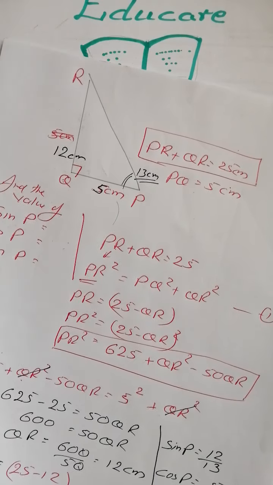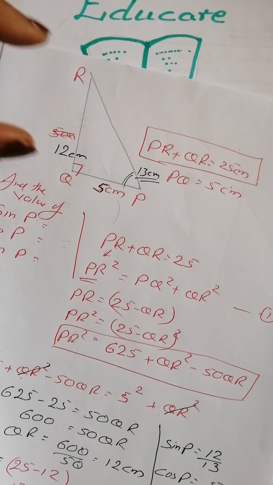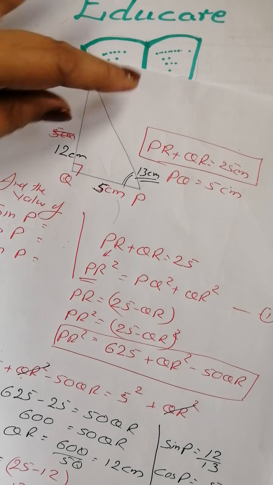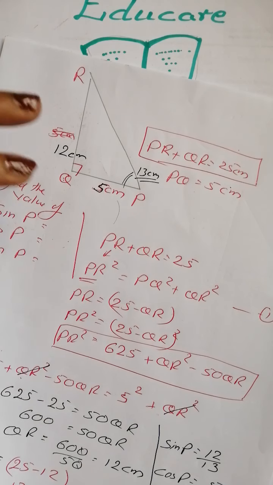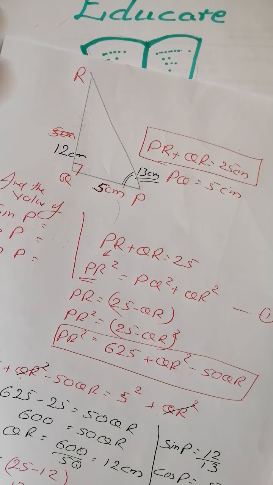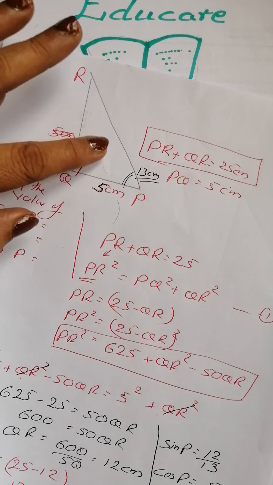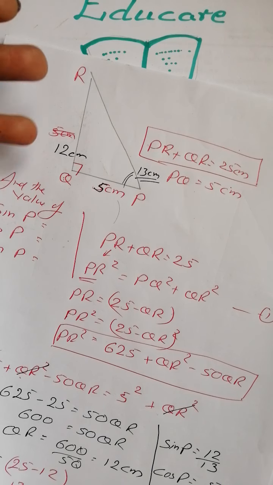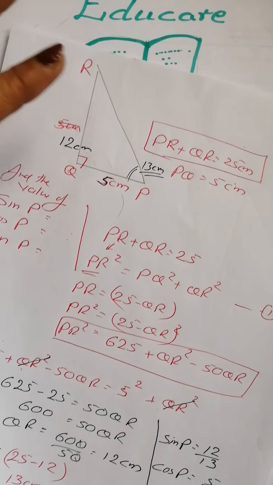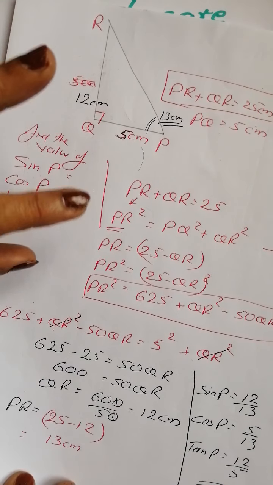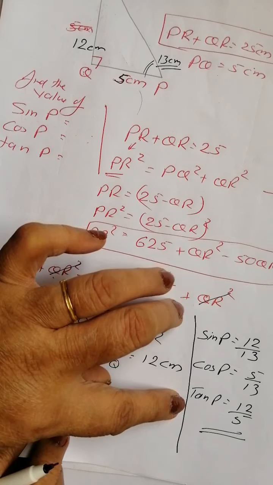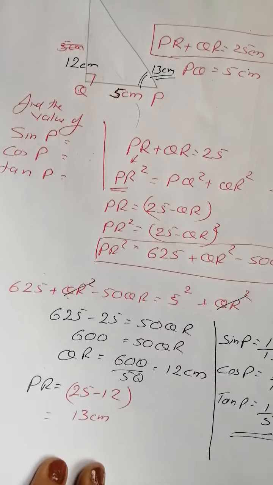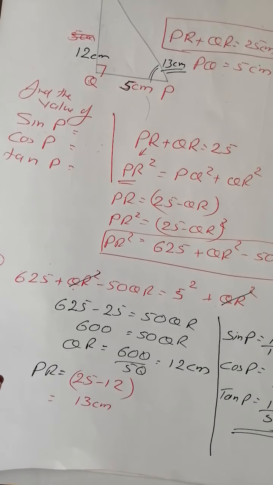Clear? So what you have to do, first in a trigonometry question, first make a right triangle, mark the angle they have given, then find out the missing term. If it is hypotenuse, find the missing term, opposite or adjacent, whatever it may be. Then carefully follow each and every step. Then you will get the correct answer. Okay. Next class we will do the next part.